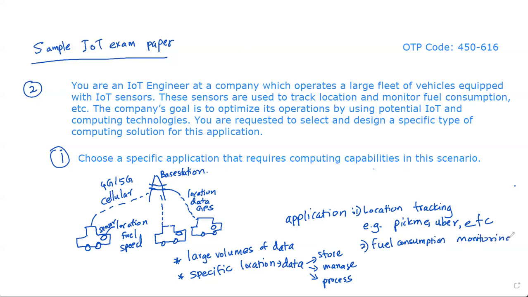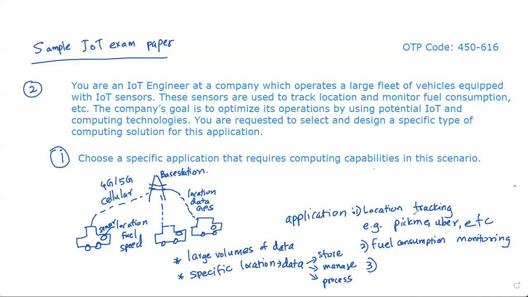So in the first question, I'm asking what are the applications of this kind of a connected network of vehicles? What are the scenarios where we can use such a network of vehicles? One of the applications of such a network of vehicles is